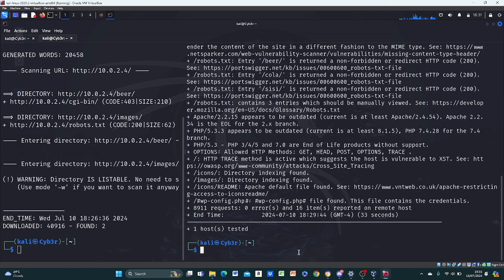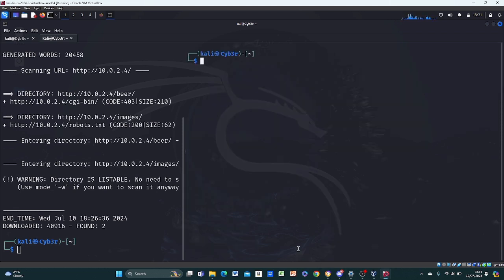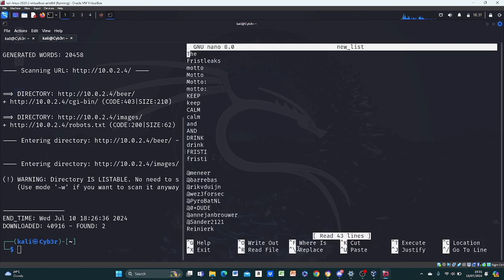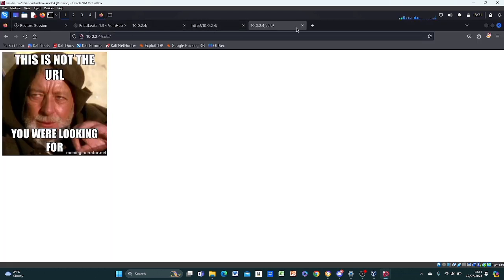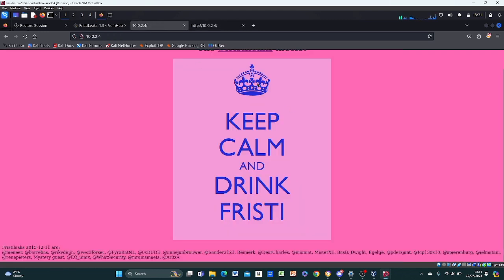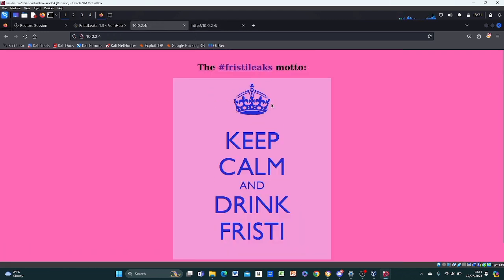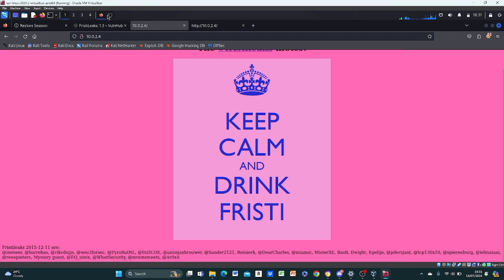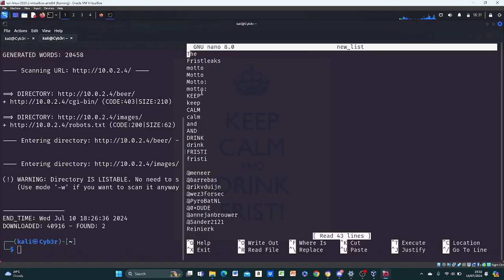So one thing you can do, since we're done with this, I think I can clear this. What I did was get a new word list. If you look at this, it's looking similar to this. I think we can cancel this as well. So let's work with this. You see, the Frestilix motto, keep calm and drink freeze. That's what I have here. I had to do this multiple times